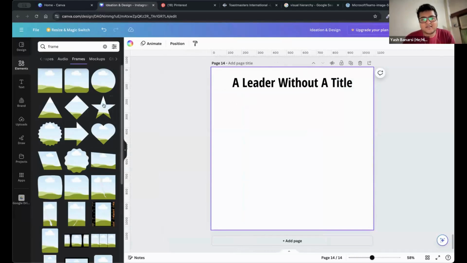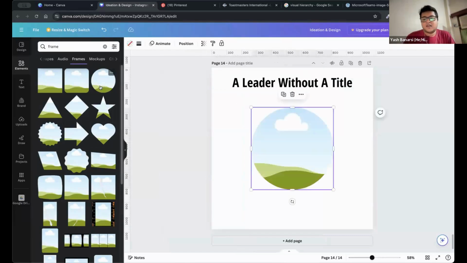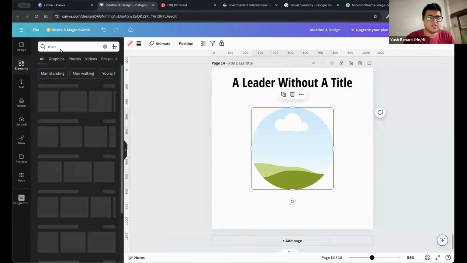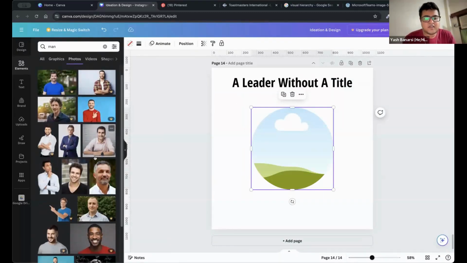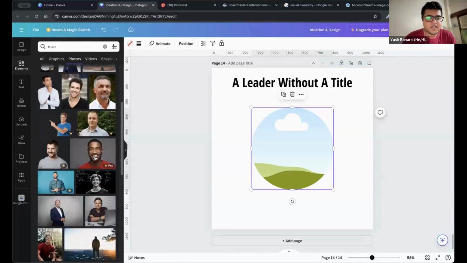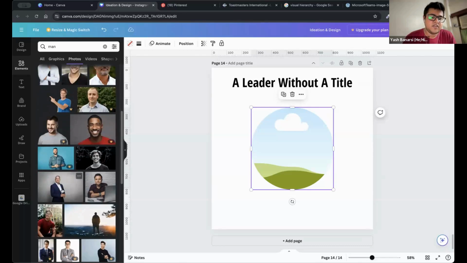Personally, I like the circle one because according to shape psychology, a circle represents a holistic approach and it's very friendly, rather than a square, which forms a rigid psychology. Just use it, and if I don't have a photo, I'll just use a photo of a man on camera. Just search it, and I'll show you an example of the aspect ratio, how you can do that. Okay, so if we use this photo,